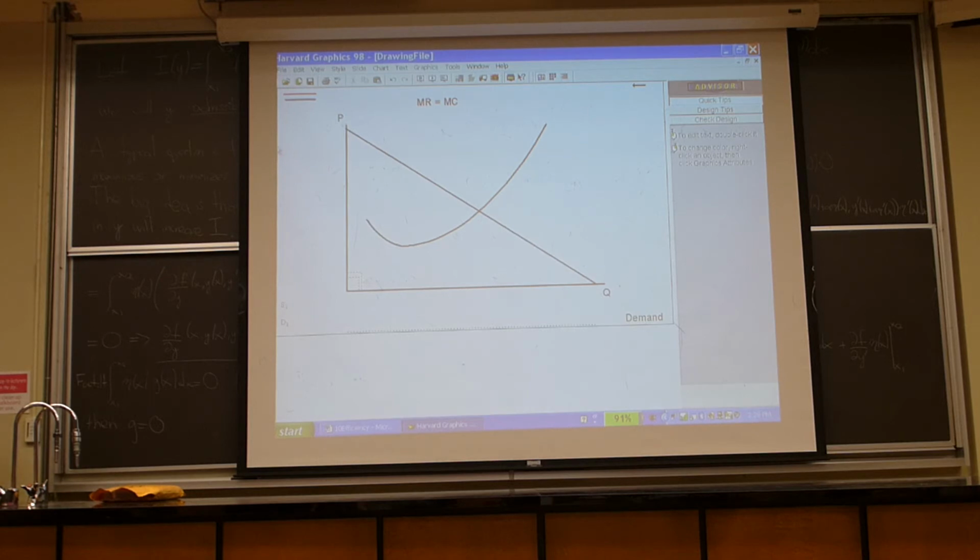Okay, so here we go. MR, twice the slope, bisects the space. MR equals 0 half the way between here and here. There's MR. Marginal cost goes through minimum average cost. Is it like that? Not likely. Somewhere in here, don't worry about it. Okay, then this tells us where they intersect, the quantity that maximizes profit, which gives us, given that quantity, of course, the price. So there's PM